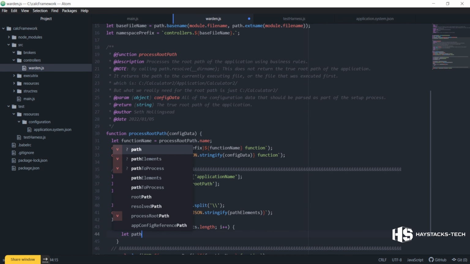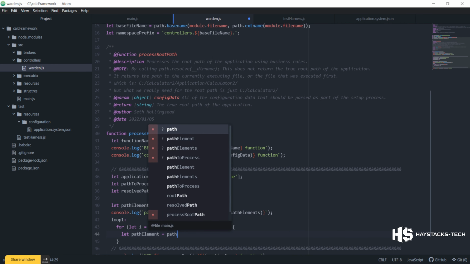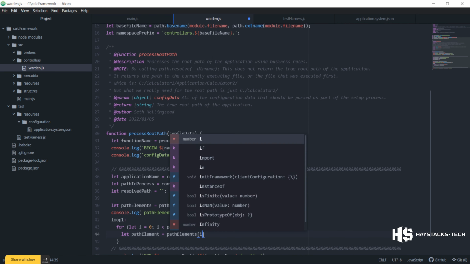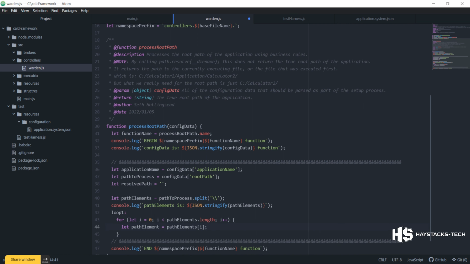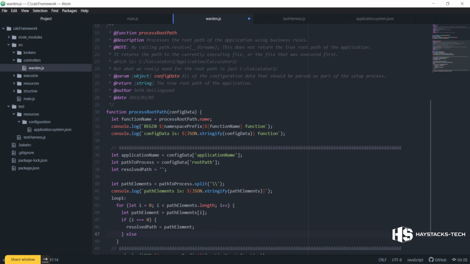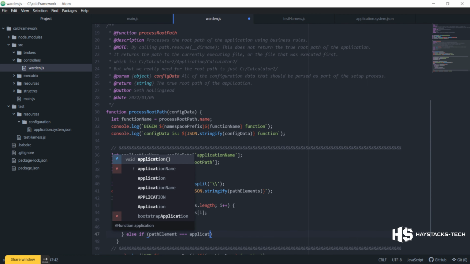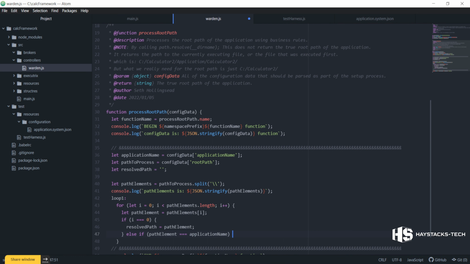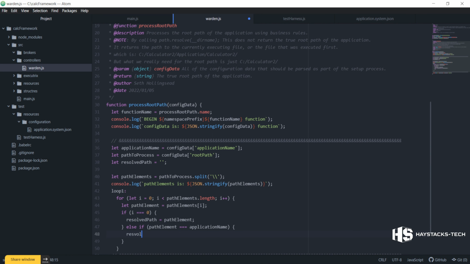Okay, so let path element equal path elements i, and there might be a more efficient way of doing this, but that's okay. I'm not too concerned about efficiency right now. I just want to get something up and working, and I know that this works. Resolved path equals path element. Okay. Else if path element equals application name,